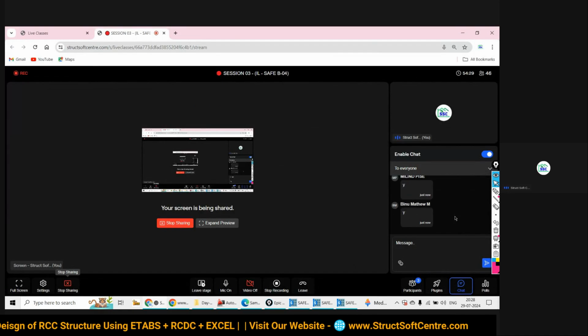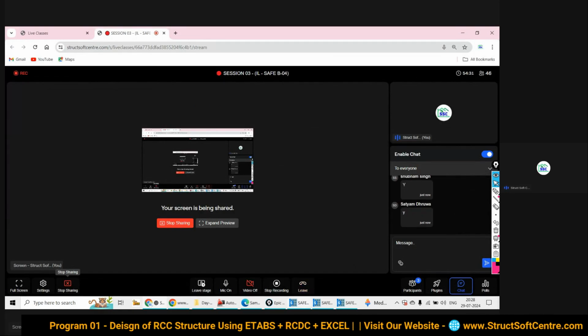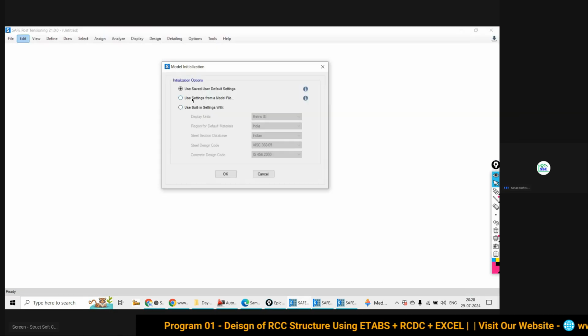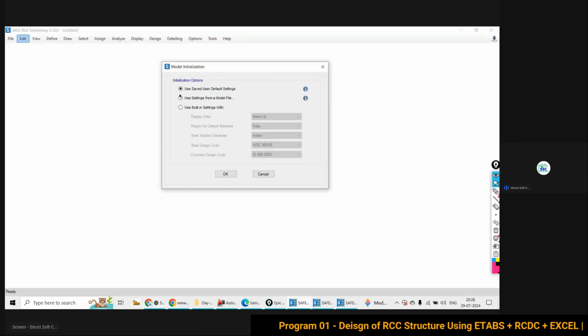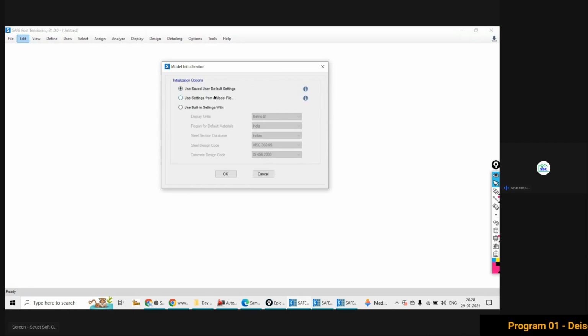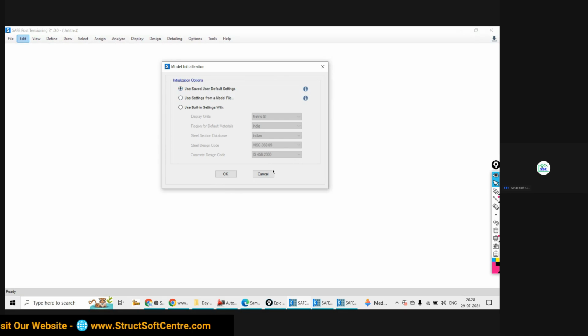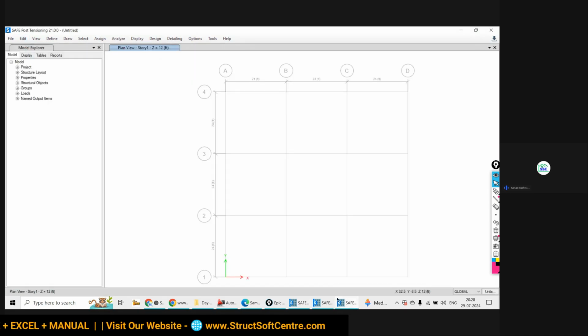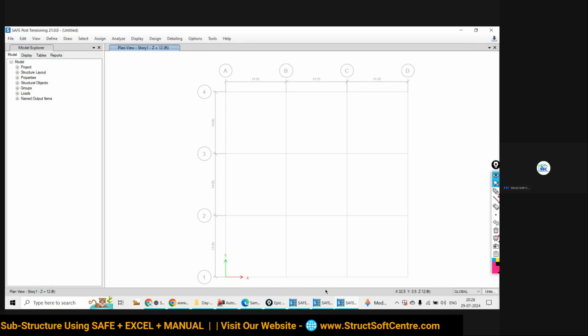Okay. Now, what does this second point mean? What is the drawback of this first point? Advantage you have seen. आपने इसका advantage देख लिया. There is a drawback of this point. What is the drawback of this point?